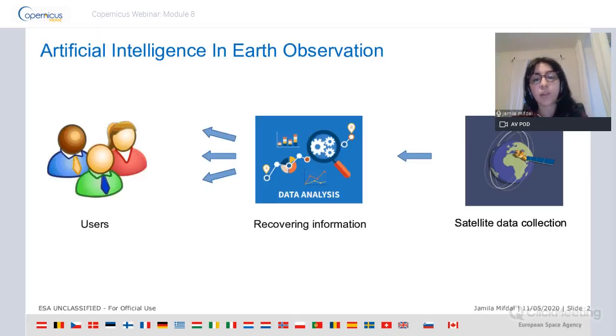There's a huge amount of data that arrives on a daily basis from the satellites that revolve around the Earth, and this data needs to be analyzed in order to recover accurate and useful information. For this, we use data analysis techniques, which I'm going to talk about in the next slides.